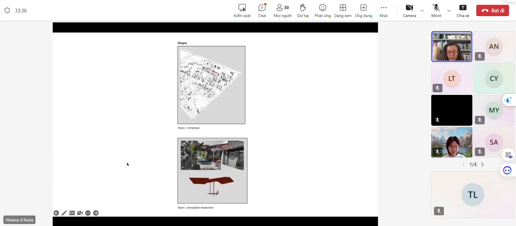And this is already showing a bit more clearly two particular things that would happen. On the one hand, there would be a kind of basic cartography, and on the other hand, there would be photographic manipulation, and there's an example of how those photos would be manipulated. That's still not necessarily the final output, because it's still unclear whether it will be a visual essay, but the techniques that will be used, for example, to manipulate photography, are starting to be more explicit, so it's not just left open to interpretation.